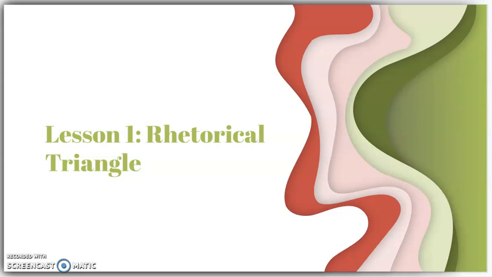So today we are going to be talking about the rhetorical triangle. So as far as I've heard from when I taught this class last term, you guys have some familiarity with this. This isn't entirely new information, but a lot of people didn't remember at all too well what they talked about. Well, I am here to tell you that the rhetorical triangle is not just going to be something that you are going to flirt with a little bit.